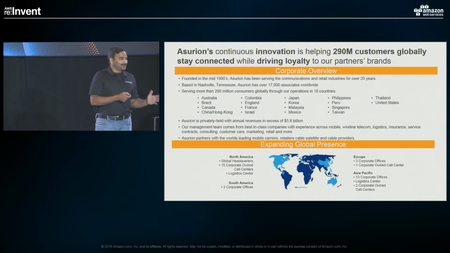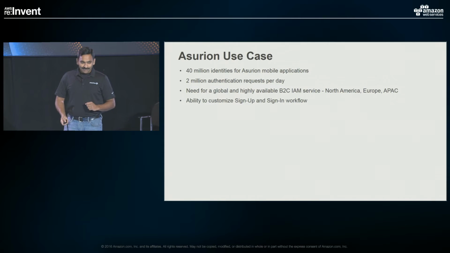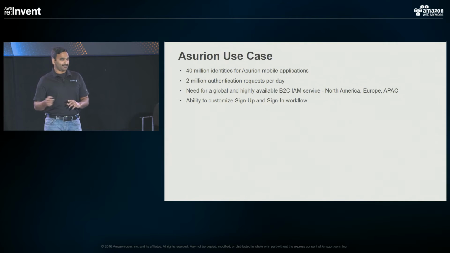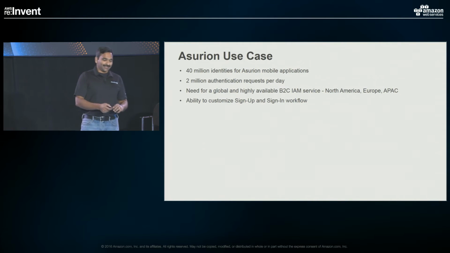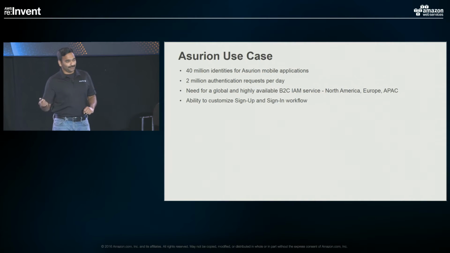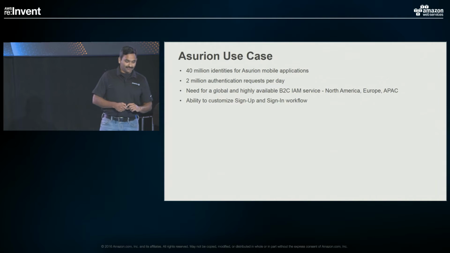So whatever we do, all the apps, they have to be scalable and deployable globally. So coming into your use case, based on our current implementations, we have a little over 40 million plus identities. There's a big difference between our subscriber base and the identities because of the different products that we have, but we are trying to close that gap with the product innovation we are doing in our Soluto brand. 2 million authentications every day coming from our mobile apps.